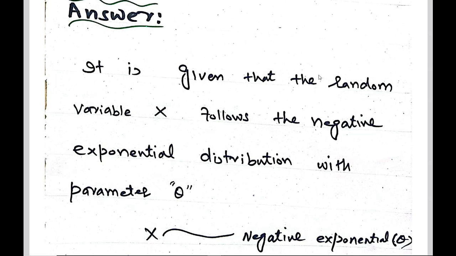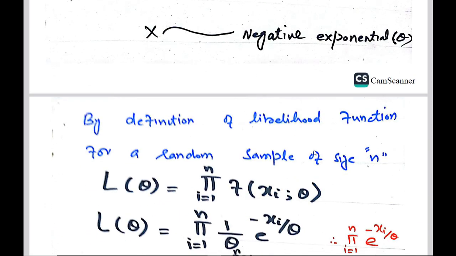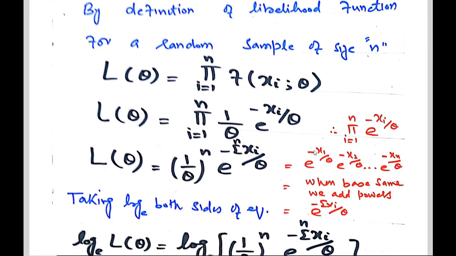It is given in the statement of the question that the random variable x follows the negative exponential distribution with parameter theta. By definition, the likelihood function of a random sample of size n is represented by L of theta. L is for likelihood function, and theta is the parameter that we want to estimate. Pi is the notation for multiplication. For addition, we use